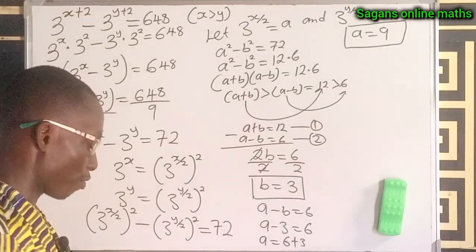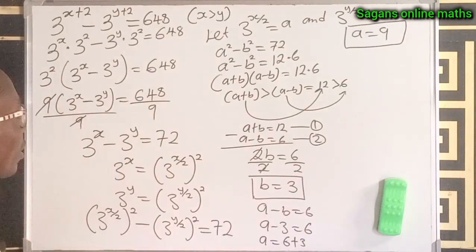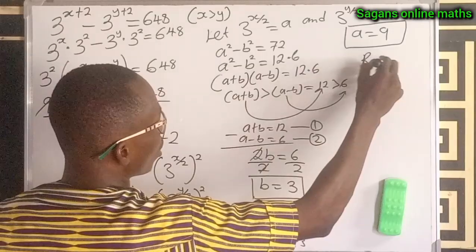Now, since we're getting the value of a and b, we can find the value of x and y. But take note that x must be greater than y. Now let's recall something very interesting from here. Recall that,